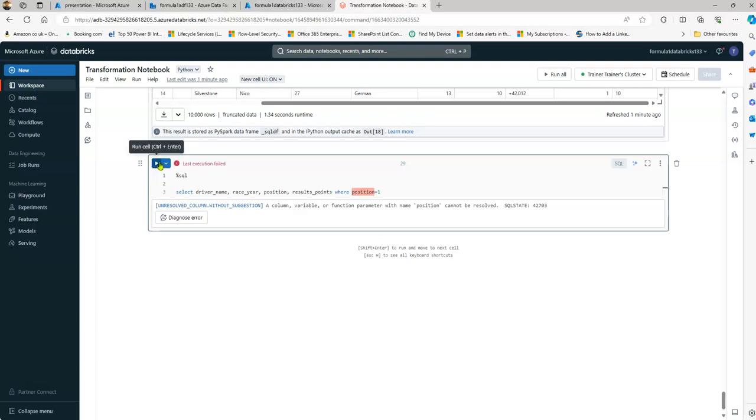So I'm going to run this. And let me just reconfirm it. A column variable with position cannot be resolved. Yes, because I haven't told the name of my table. So I will use from formula1 db dot race results where position is equals to 1. Just run this query